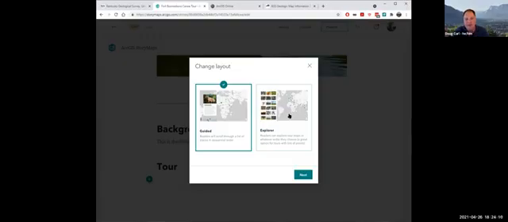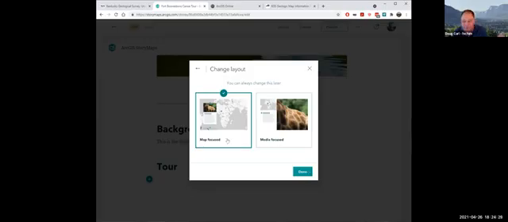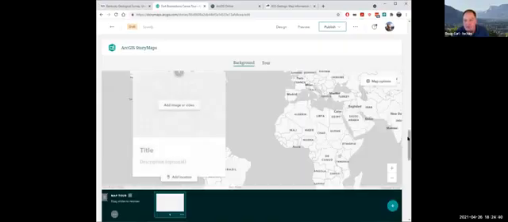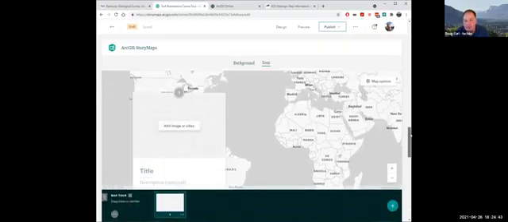The guided is more, this is a tour, a canoe tour that you would start point A, go to point, whatever, and then come back to point A. So you want a guided tour. The Explorer wouldn't work well because you don't want to jump around. You can't just go over here in the Kentucky River, you have to canoe there. Sorry, that's a long. So I'm going to do map focused. You can do media focused. Map focused probably works better for this because you want to know where those locations are. But you can kind of change all that stuff around. And again, you can really play around with it.